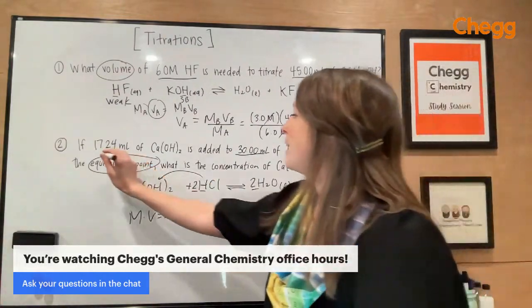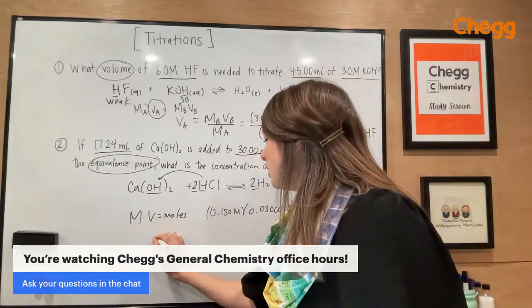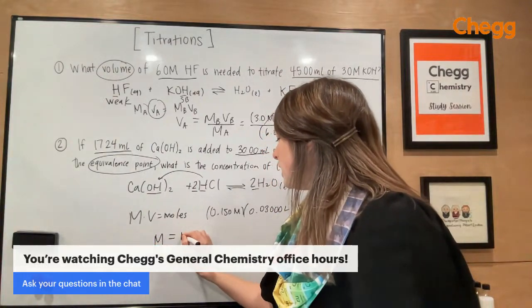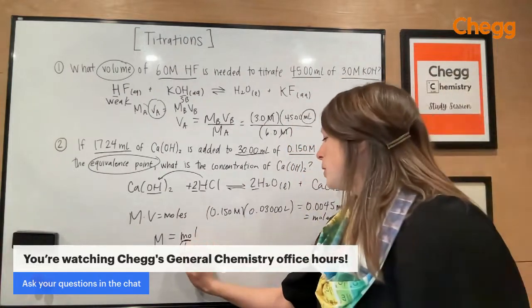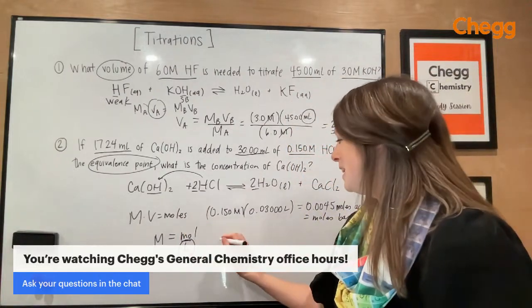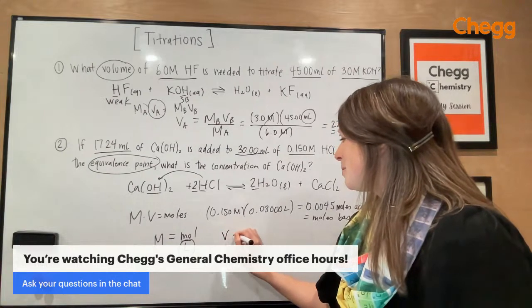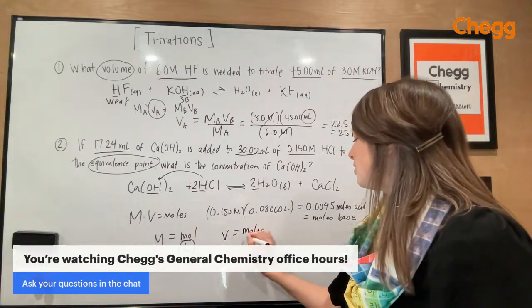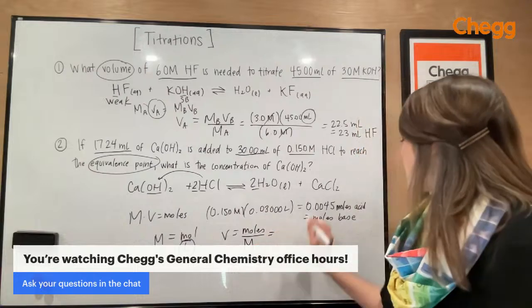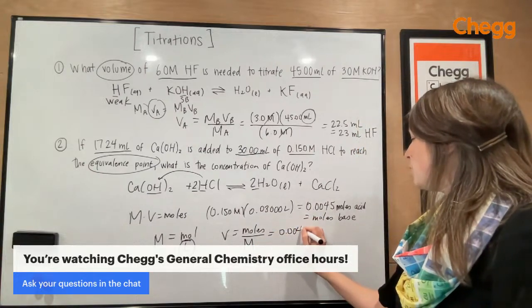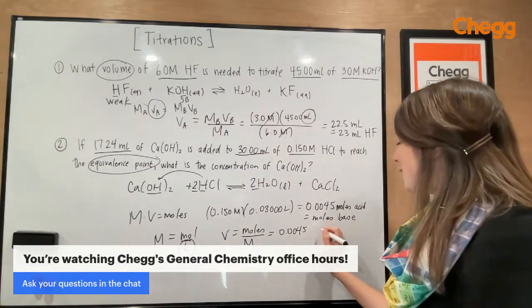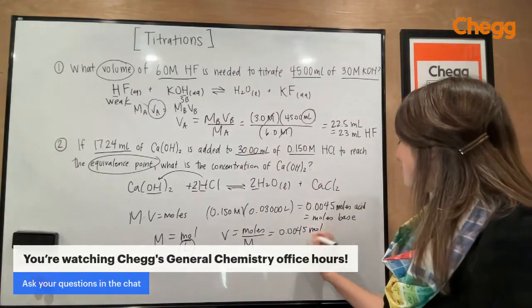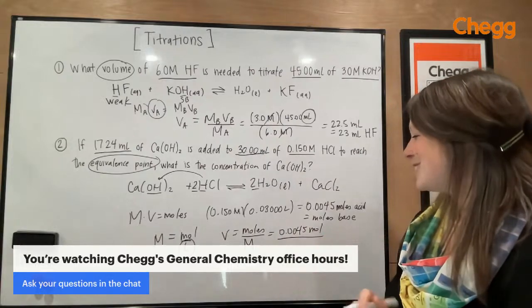So now I can go back in. I know my volume. So molarity equals the moles per liter. I want to try to solve for my volume. So I'm going to rearrange this a little bit. My volume is going to be equal to the moles divided by that concentration. So I'm going to take 0.0045. Technically, I should have more sig figs, but they'd just be zero. So don't hate me for that. I'm just going to write it out. Divided by my concentration,